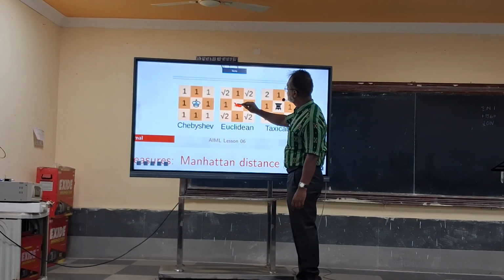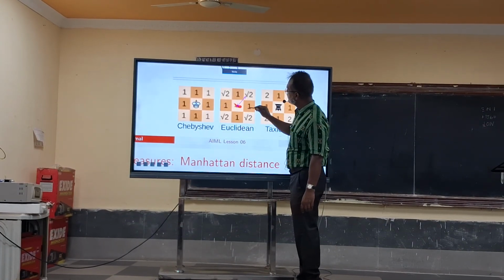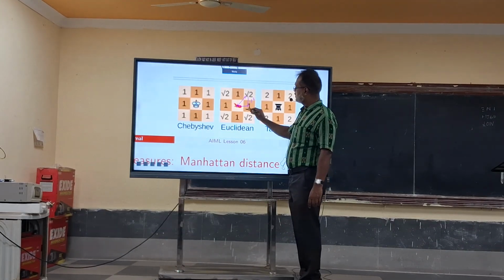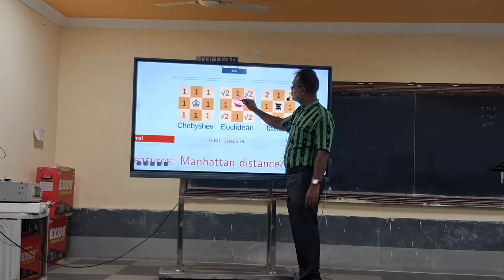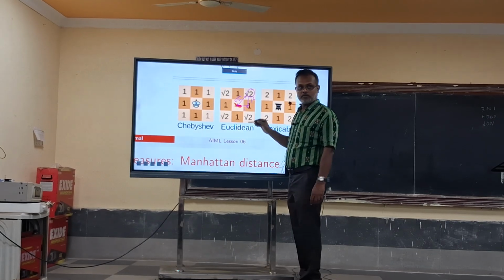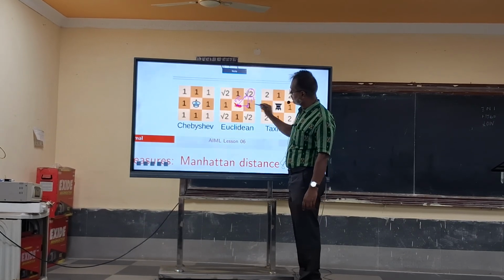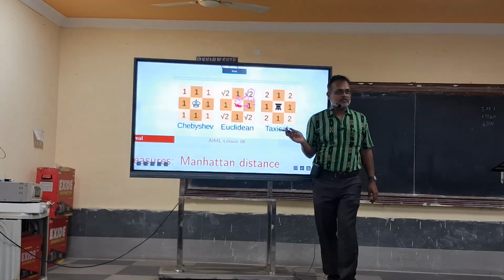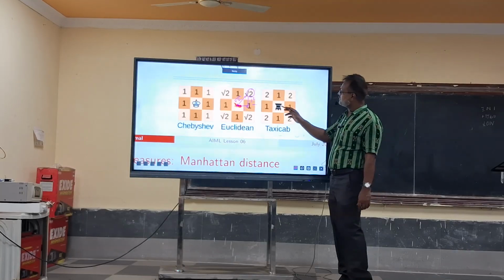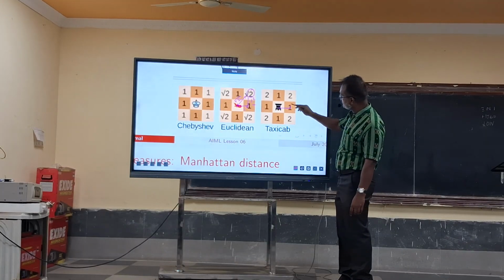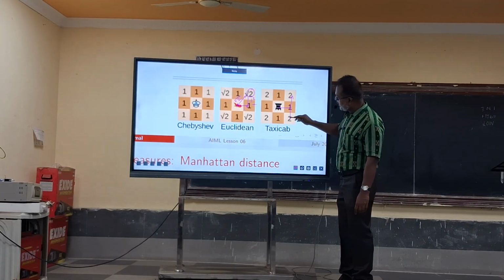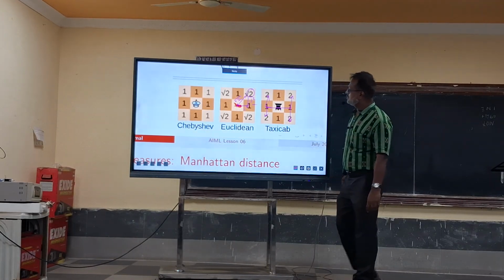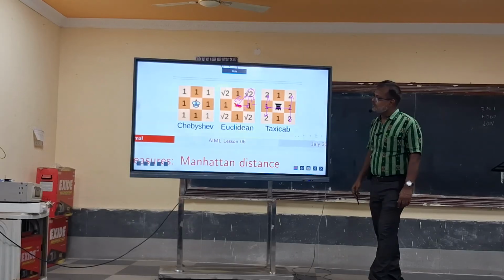This distance is the square root of 1 squared plus 1 squared, which is root 2. This is root 2, whereas these sides are 1, 1, 1, 1. That is Euclidean distance. Taxi cab means Manhattan distance. So if you see here, this is 1, whereas this is 2. That means you go in this direction, again this direction 2, this direction 2, this direction 2. So this is Manhattan distance